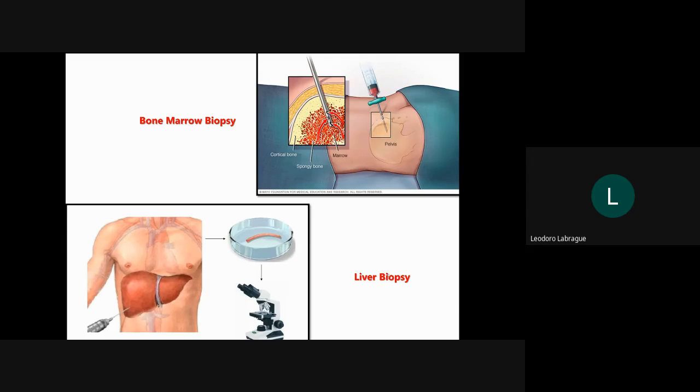And the second form of biopsy is the liver biopsy. If the doctor is suspecting that the patient has liver cancer, you know what is liver cancer, right? The doctor might say, okay, let us perform biopsy. And how is this biopsy being done? Again, a small needle is inserted into the right side of your abdomen, and a small amount of tissue from the liver is taken. See the photo?